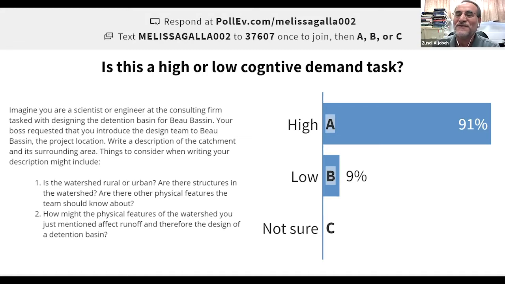Go ahead. Great question. So the reason I put this task in here is for a few reasons. One is because we often think if a task has a lot of words, that makes it high cognitive demand, and as many people have argued, this might not necessarily be high cognitive demand. And also, a few people pointed out, like Joe and Dave pointed out, that the rubric really might tell you more about if it's high cognitive demand or not.